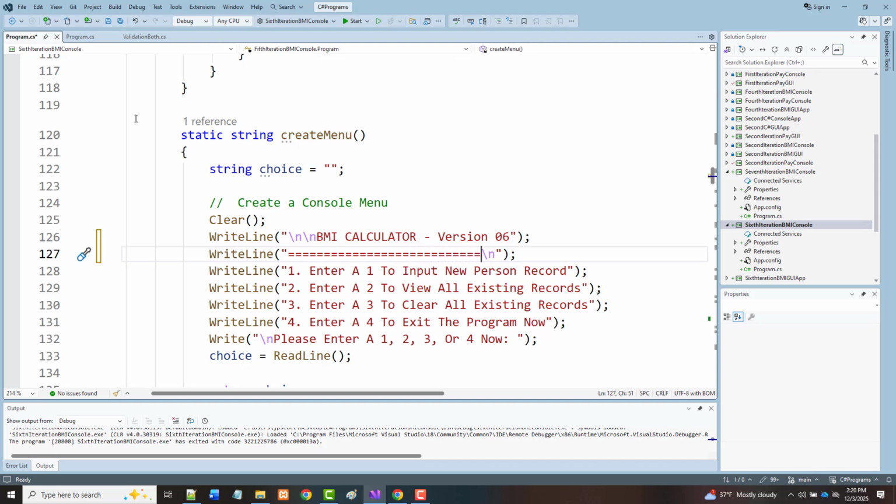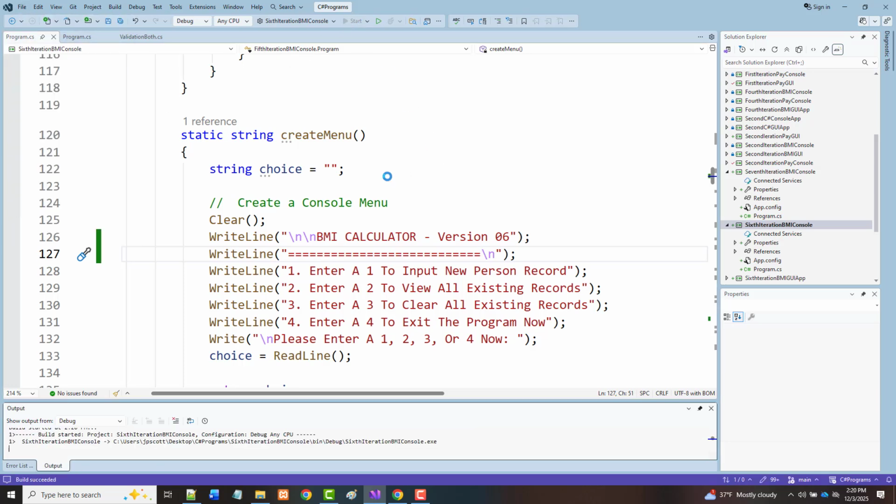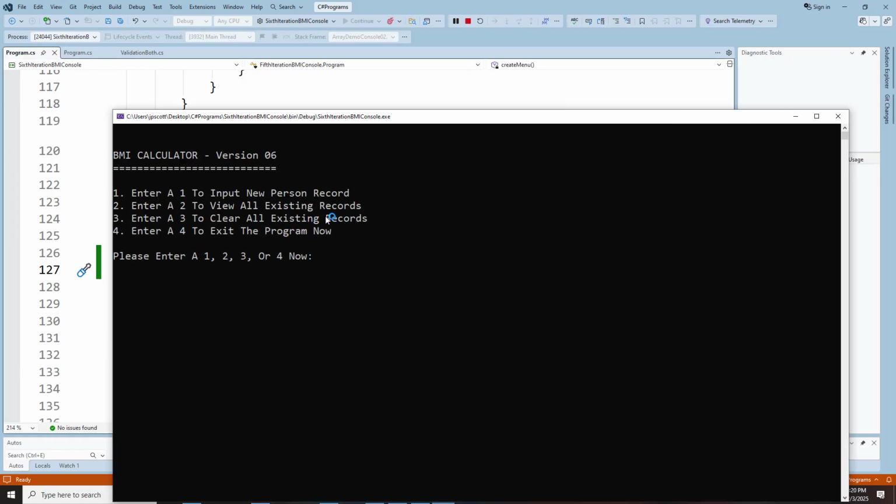All right, so it's going to say version 6 if we've got the right one up here. So BMI calculator version 6. Now let's see. I'm just going to do 1, Bob Jones,